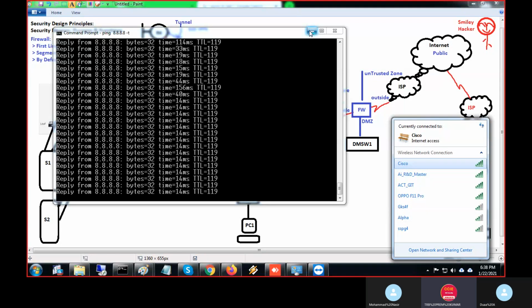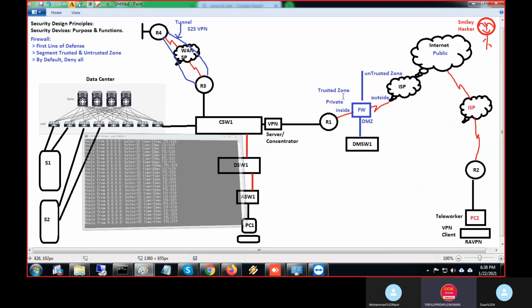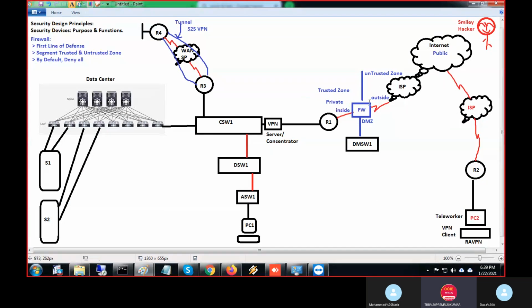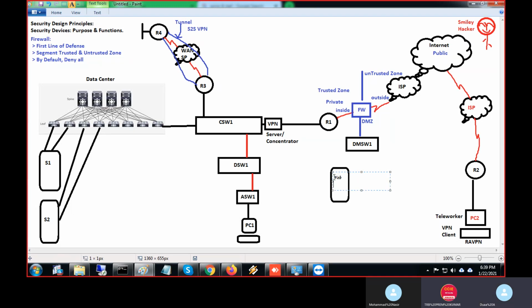Now what we were discussing was three zones or three interfaces in the firewall: inside, outside, DMZ. That is clear? Yes. So what is the DMZ? What is the purpose of that? That is to allow the public inside for some particular resources. I want to allow one website to the public, my company website. So what I will do is create a web server here, and inside the web server I'll put the website.